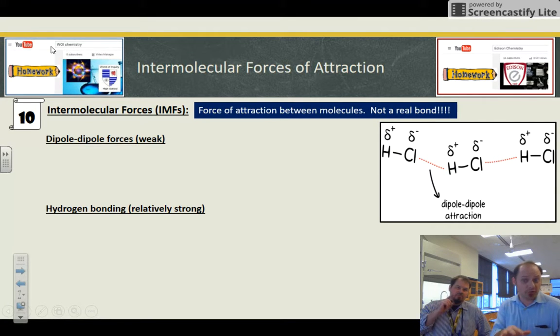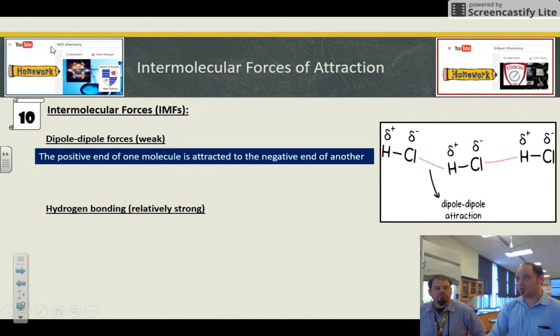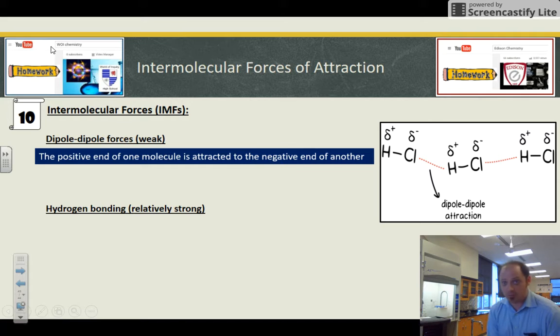Notice, this is only for covalent things, and it's not a real bond. Not at all. And the one type is called a dipole-dipole force. It's extremely weak. It's where one end of a molecule that's positively charged